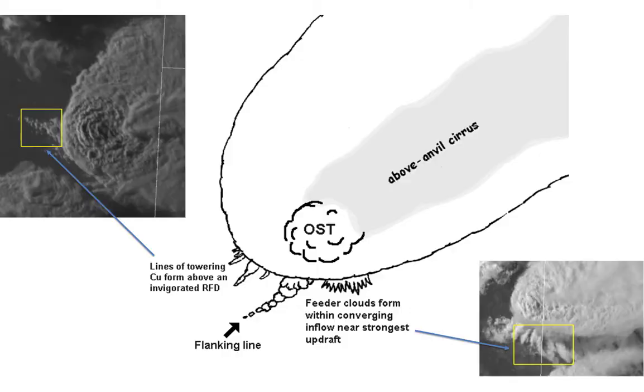This is a schematic of what a supercell thunderstorm typically looks like from a satellite perspective. The overshooting top appears like this in the visible imagery. Above anvil cirrus plume corresponds to this region in the visible imagery. If the storm is quite intense, you'll typically have a crisp edge to the anvil cirrus, which looks like this